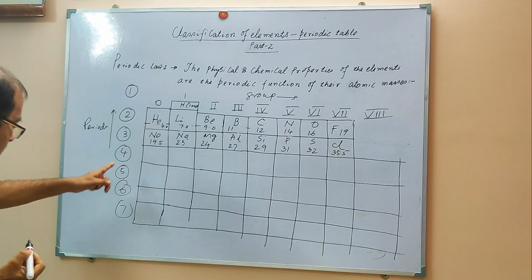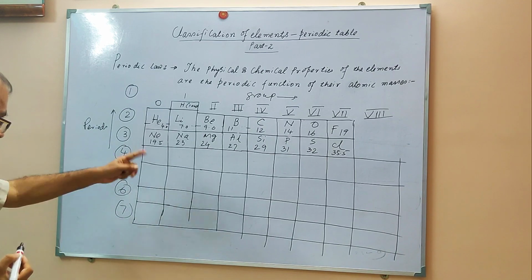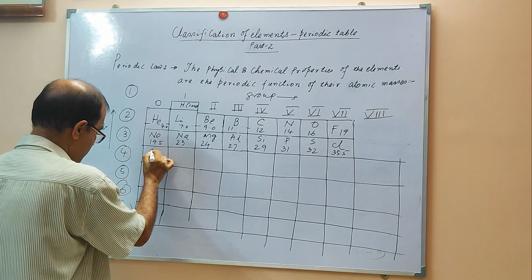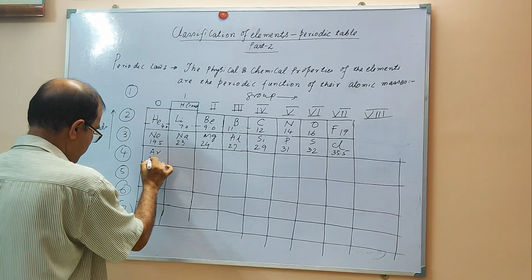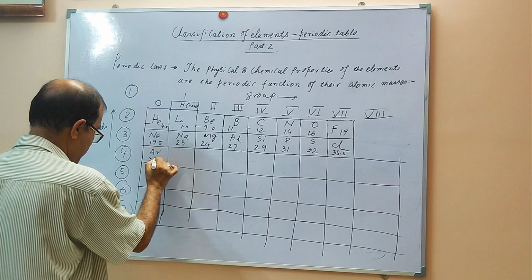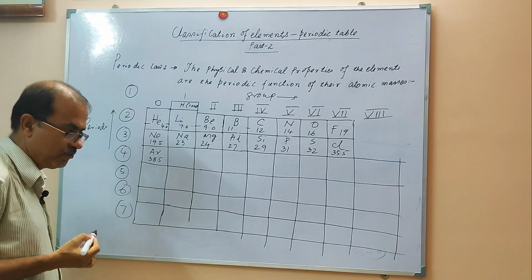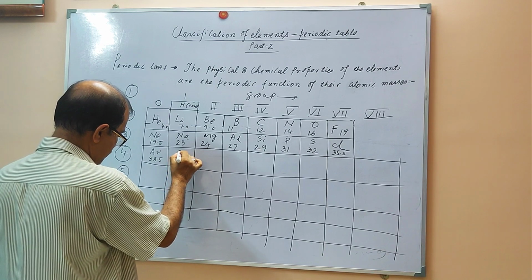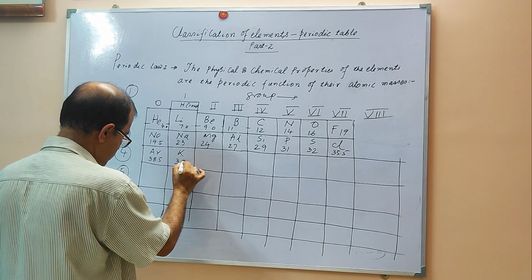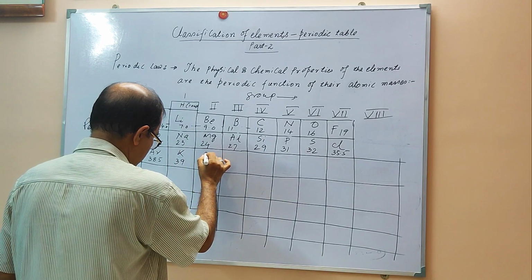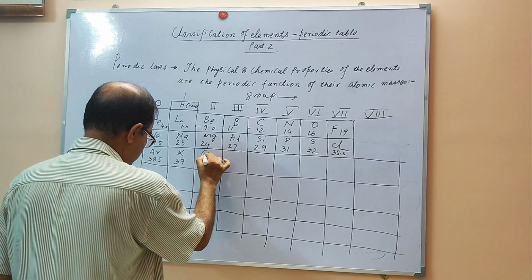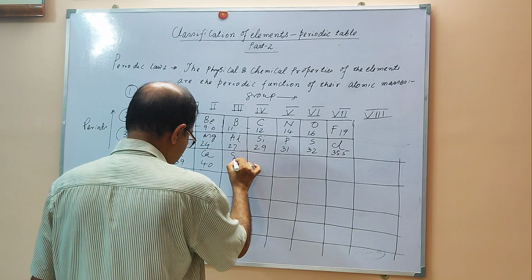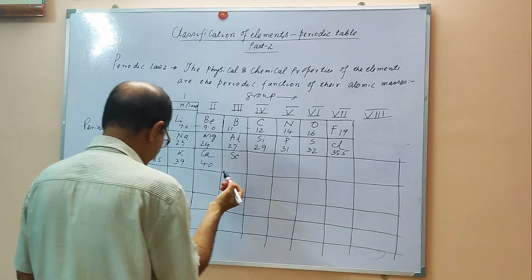Now we start the fourth period. The first element of this is argon, with 38.5 atomic mass, and after that potassium is 39. Then calcium is 40. Then you have scandium,